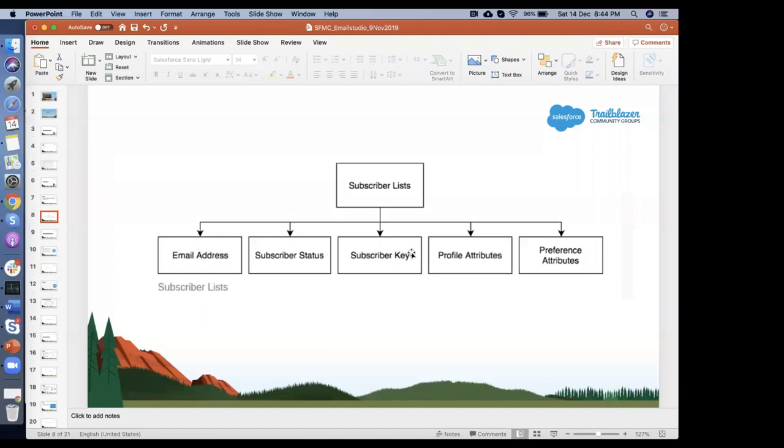key, because if you have, let's say, a subscriber identified by an email address called abc@gmail.com in Marketing Cloud, and in Salesforce Sales or Service Cloud, if you have it connected, or probably your e-commerce system wherein you assign a customer number. And if you push that customer number as a subscriber key to Marketing Cloud, Marketing Cloud would not be able to identify these two as the same customer or subscriber, because they both have a different subscriber key. So the chances of duplicate subscribers in your Marketing Cloud will be on a higher side,